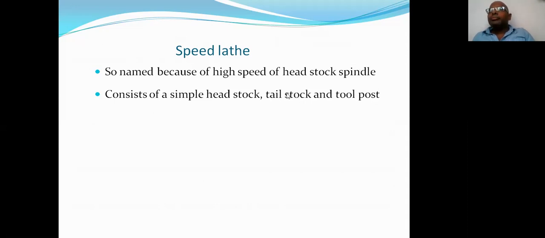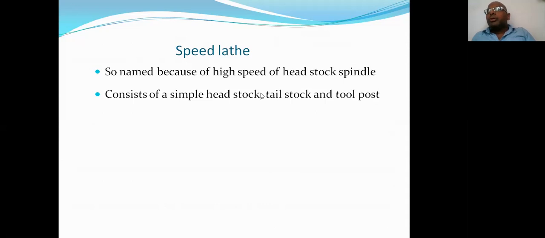Listen carefully. Observe, the tailstock is required even though there are no complicated attachments, even though it has only very simple attachments and carries out only simple or smaller operations. The application of the tailstock is to support the job which rotates at high speed, and that too of larger lengths. And the tool post. The tool post is very essential in order to mount the cutting tool.